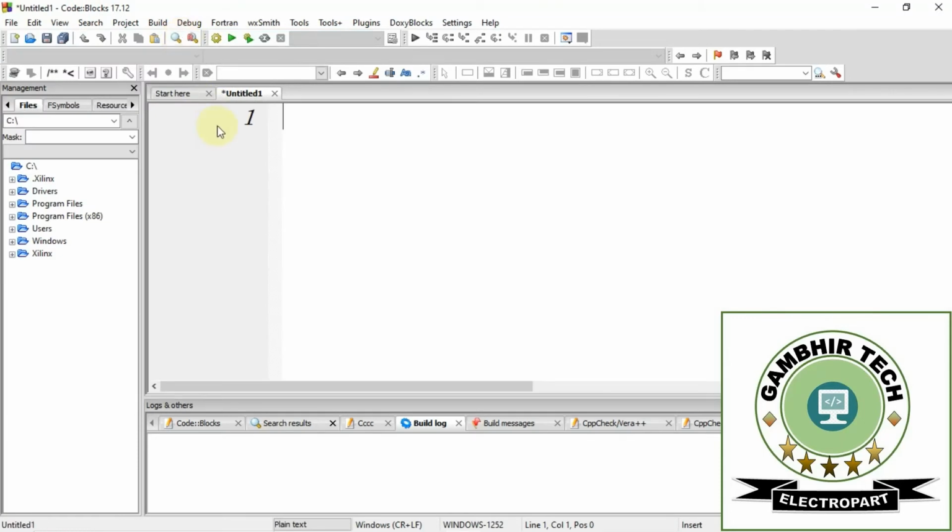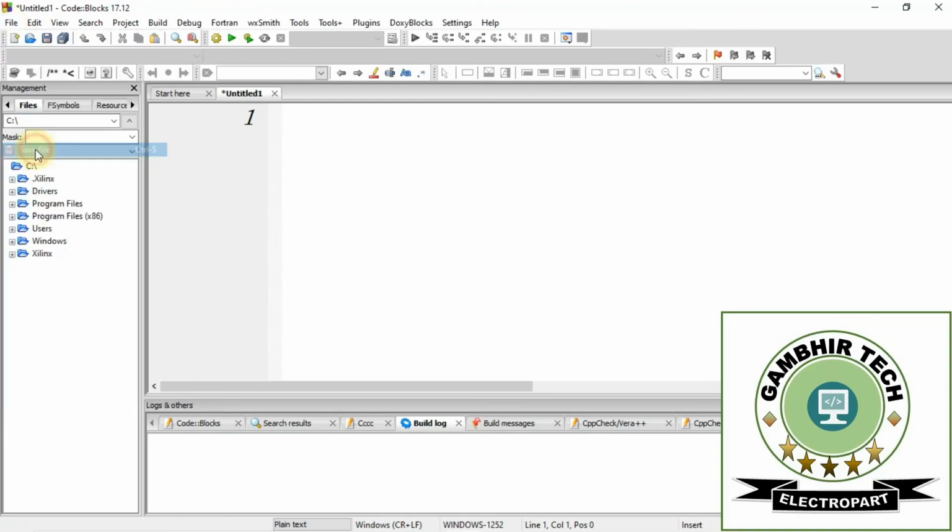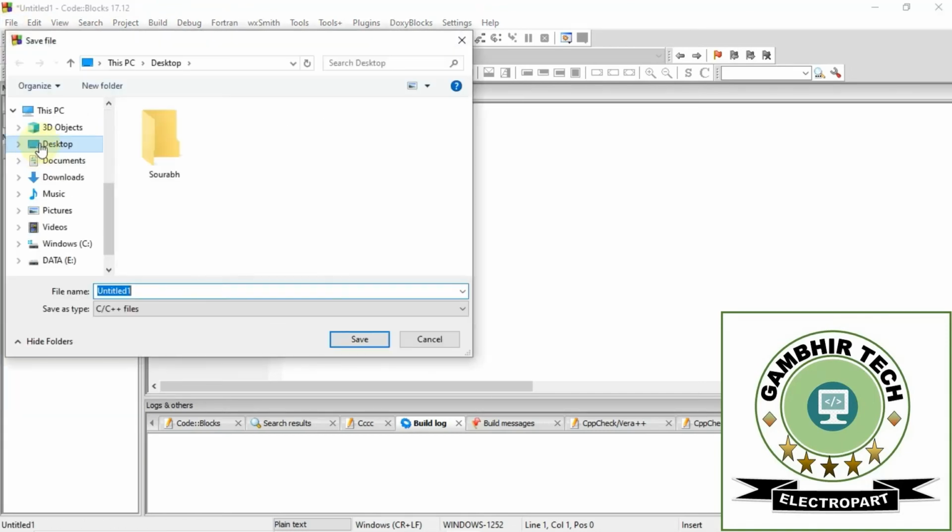After selecting the empty file, you will see this type of window. Here we have to write the code which we want to run or execute, and here we will see our errors. Next we have to save this file. I am going to save the file and name it welcome.